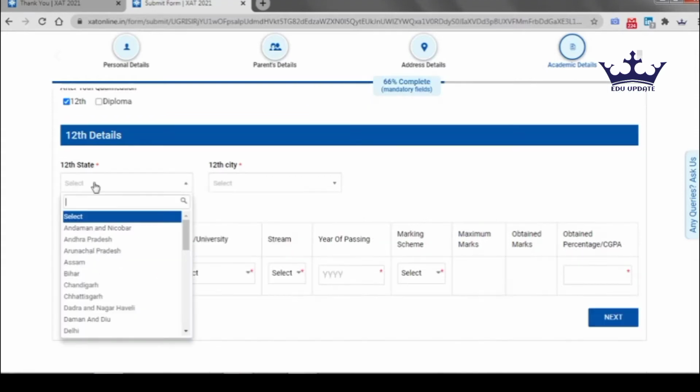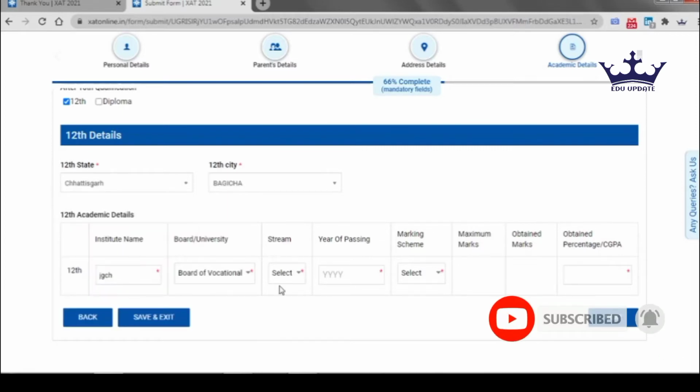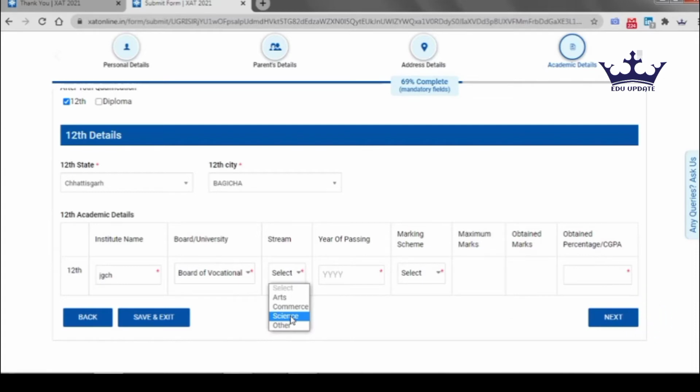On clicking of the 12th checkbox, a few fields would appear. There you have to mention your state for the 12th examination, then city, then institute name and university name along with that, then stream, that is science, commerce or others. I am from the science background, so I'll select science, then year of passing, then marking schemes,